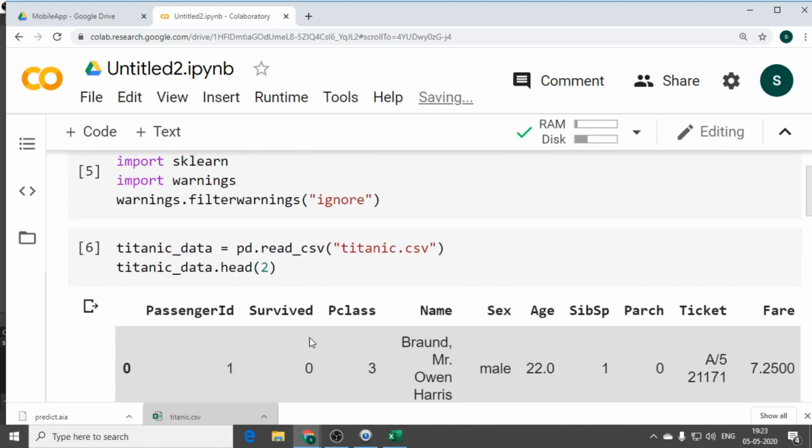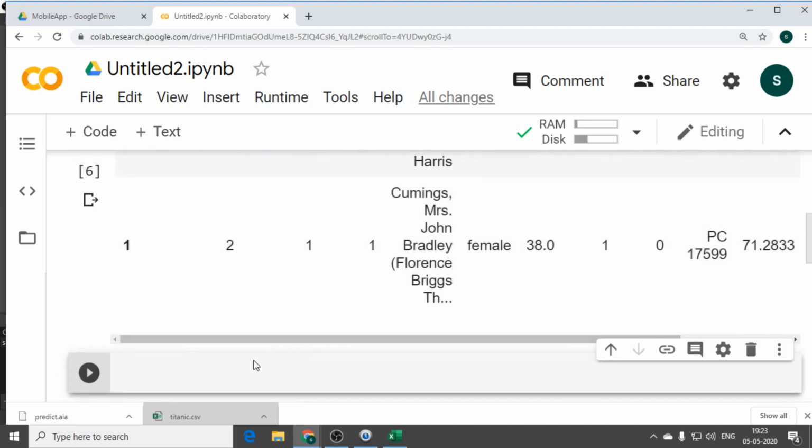Yep. Is it clear? See, because our steps are, first you need to build a machine learning model, then you will see the output in the web with the help of the ngrok server. With that ngrok URL, you will build a mobile app. See, the mobile app is our concentration, but to build a mobile app, you need to have the root data, right? For the root process, we are trying to create a machine learning model. Yep. So the next thing is, let's go for some data cleansing process.